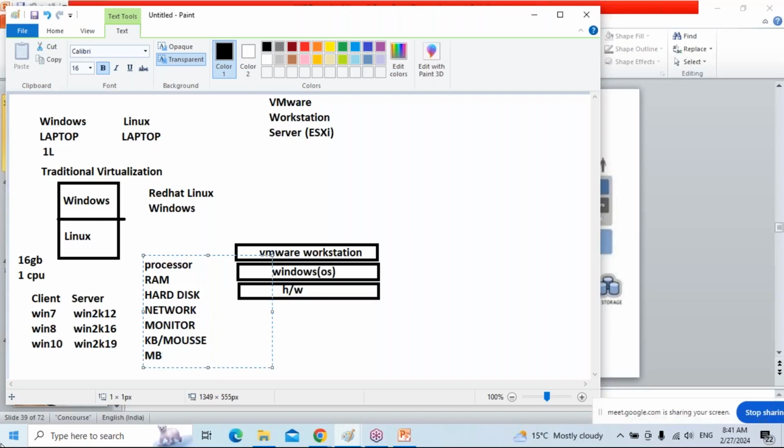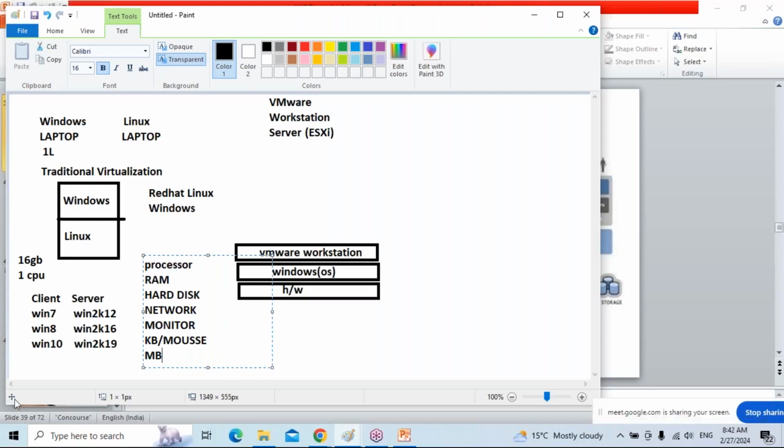This is the hardware I require to install the operating system. So a laptop contains this hardware. So I install Windows on this hardware. Tomorrow I want to install Linux. Again I have to purchase a laptop with this hardware.